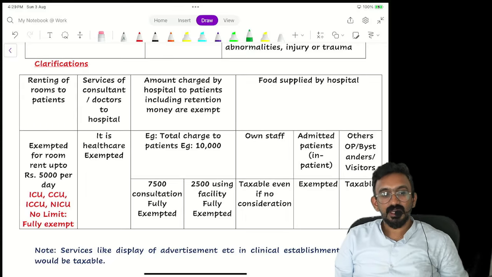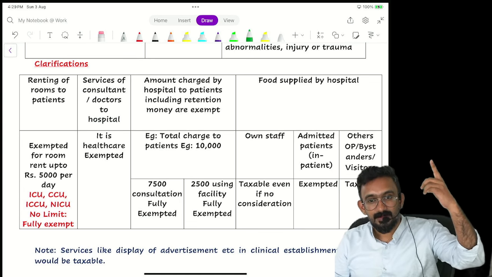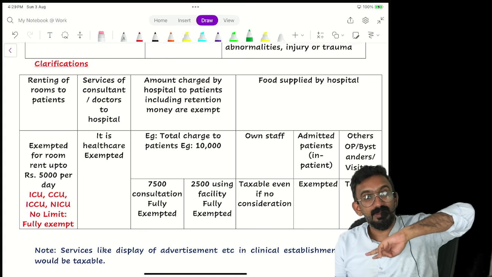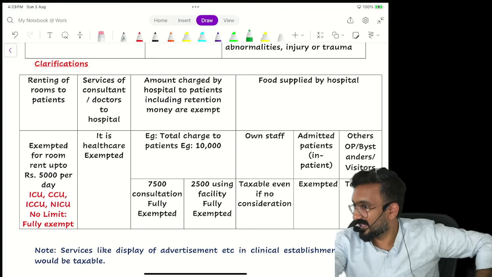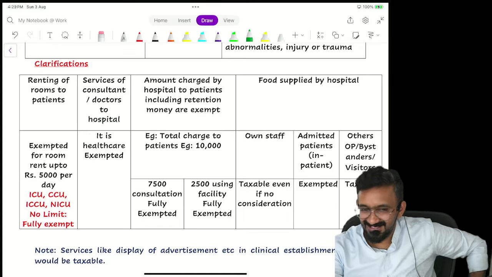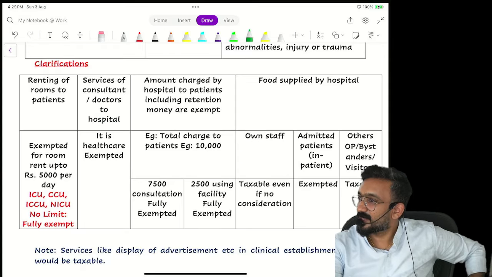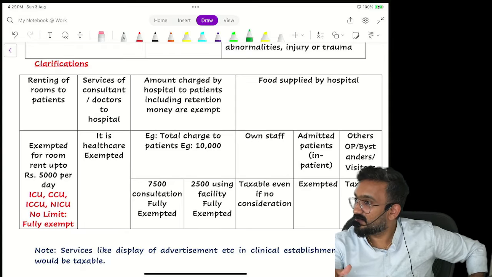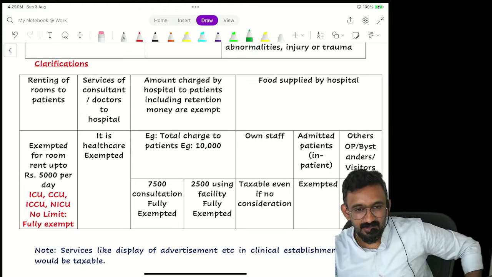Second, if they are giving food to inpatients, admitted patients, the food is sent to the room, and that is billed through the original bill of the treatment, because the doctors will say this food only you will get. Okay, you are having fever, no oily food for you. Very bland food only will come. Idli will come, right? My question is, that is also considered to be a composite supply. Healthcare plus food. Which is the principal supply there? Healthcare, you will get exemption.